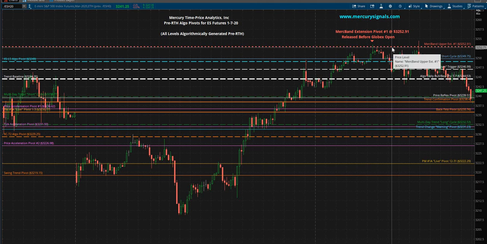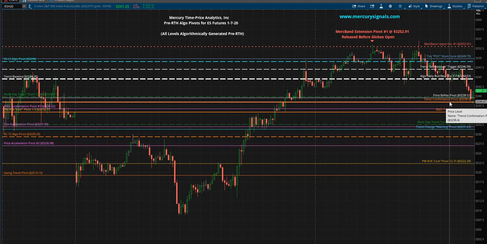Now, when you get a drift up to these, this is a logical place to put on a short with a stop on the other side. So I'm short at 32.52.5. Took the first third of my profit at 6, took the second third of the profit down here at 32.38, 13.14 handle,